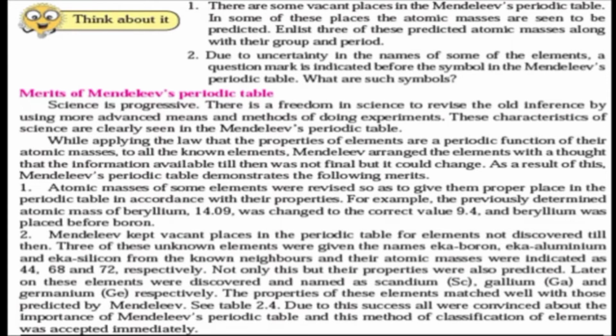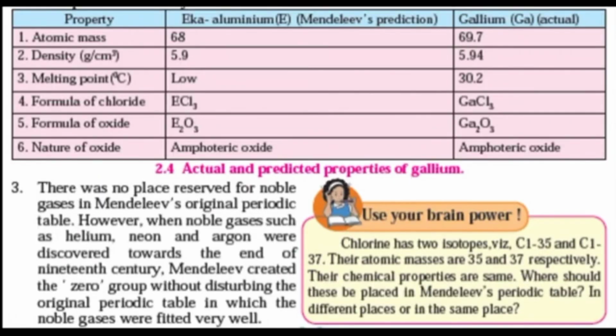Mendeleev placed a few vacant spaces for the elements that were yet to be discovered. He also gave those unknown elements names like Eka boron, Eka aluminium and Eka silicon. He also predicted the properties of these elements which were yet to be discovered. Table 2.4 gives the actual and predicted properties by Mendeleev for the element gallium, which were found